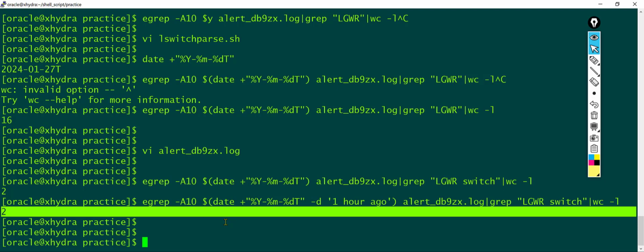So if a DBA needs urgent information on the number of log switches in the database, then he can directly execute this shell script to get an idea of the log switches. So this may not show the results accurately, but it will give an approximate estimate of the number of log switches. Okay,